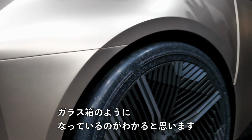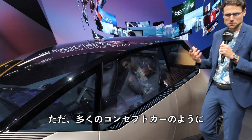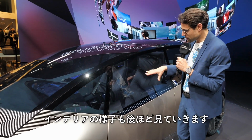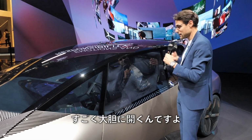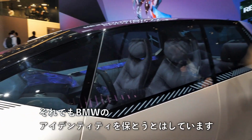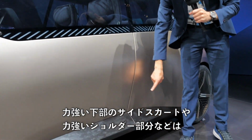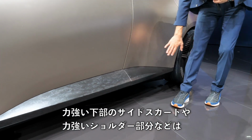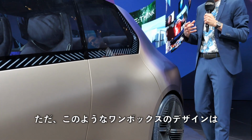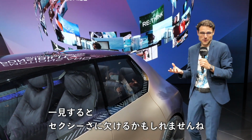Further on here on the side profile, you can see it's rather a glass box, but it's not only autonomous or something, where a lot of concept vehicles are. Here, this one still has the steering wheel. We can also soon take a look at the interior, which is open in a very spectacular way. But you can see a lot of glass is being used. And still they try to somehow keep a BMW identity. Here reminds us also of current BMWs with this strong lower side skirt there, and also with this strong shoulder area right here. Of course, this kind of one-box design might not seem that sexy at first glance, but really